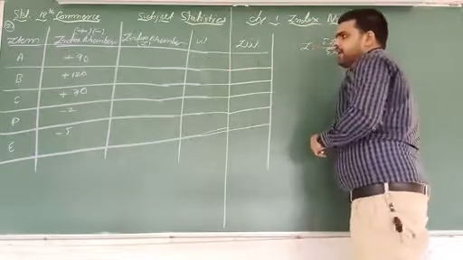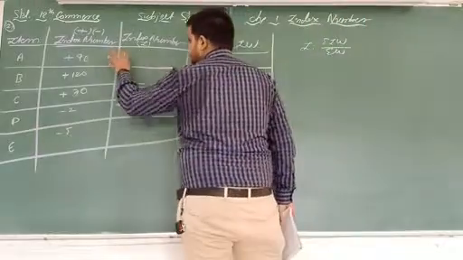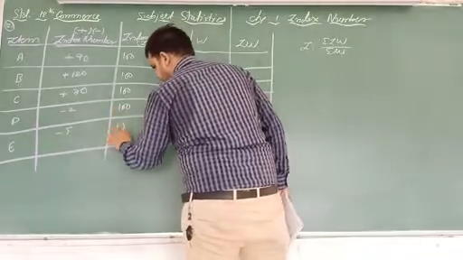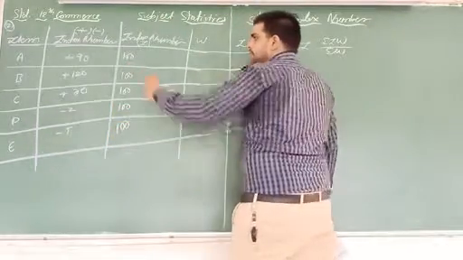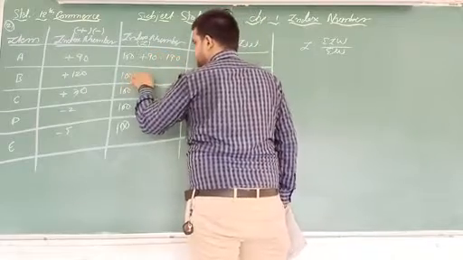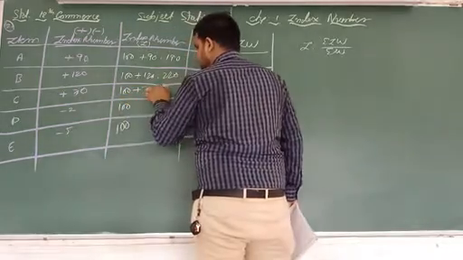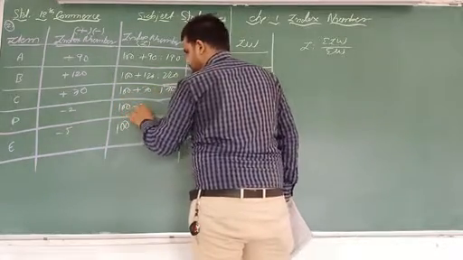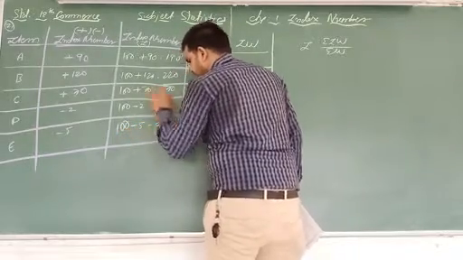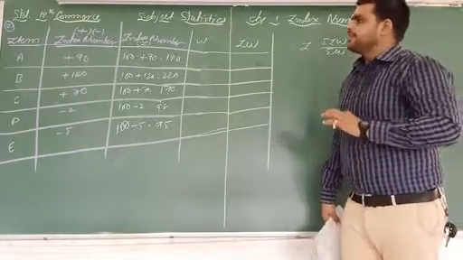Okay, so here I is there. As we know, the general index number is 100, which is the same for all years. So here 100, 100, 100 for all 5 items. Here plus 90, answer is 190. Here plus 120, answer is 220. Here plus 70, answer is 170. Here minus 2, that means 98. And here minus 5, that means 95. In this way, we have to find the index number.